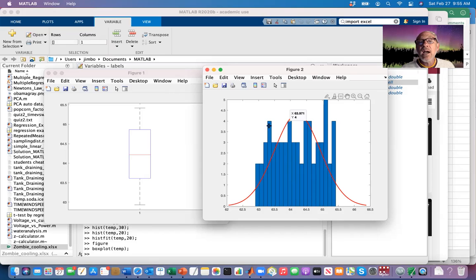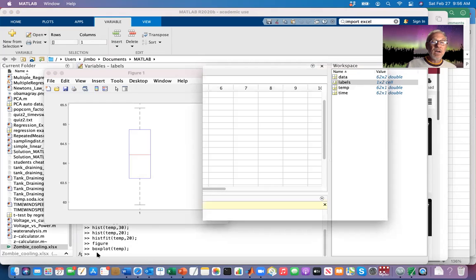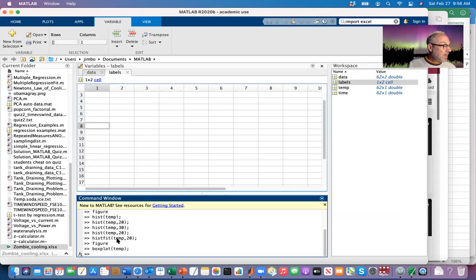It will give you the heights of any of the bins. Yep, it's going slow because I'm recording this. And it'll give you values of the probability distribution at different points. For a value of 64 degrees, we get an expected frequency of about 4.32. So that's not too bad. We actually only got 3. Yeah, so you can compare that with hist fit. And those are the two displays that we use most for